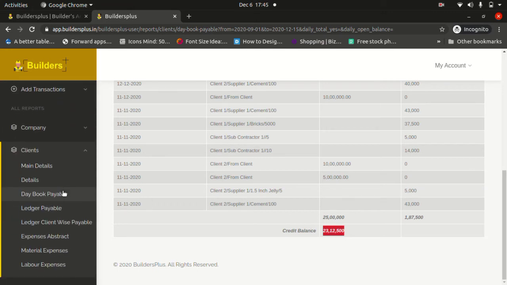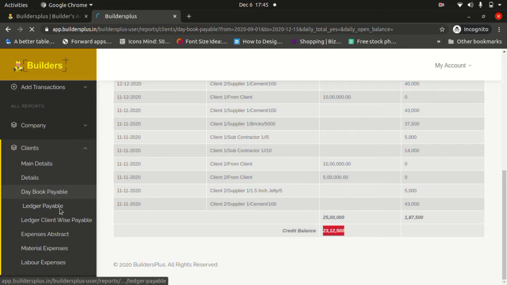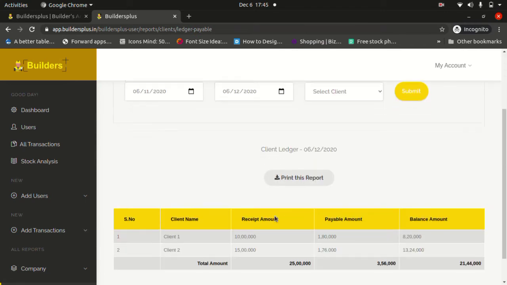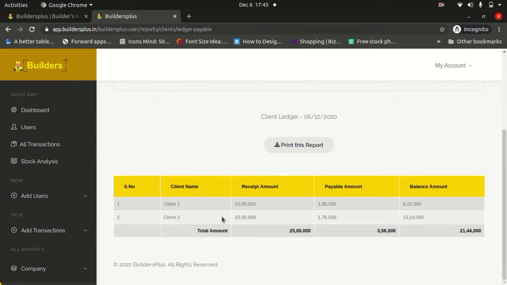Okay, then move on to the ledger payable. You may know about it. Ledger payable: client name, receipt amount, payable amount, balance amount. Finally, here it will be the sum of all the rows, the total amount. Okay, so next,